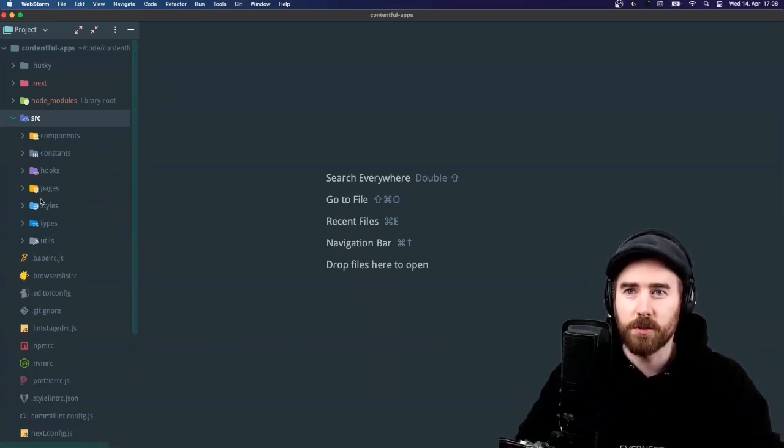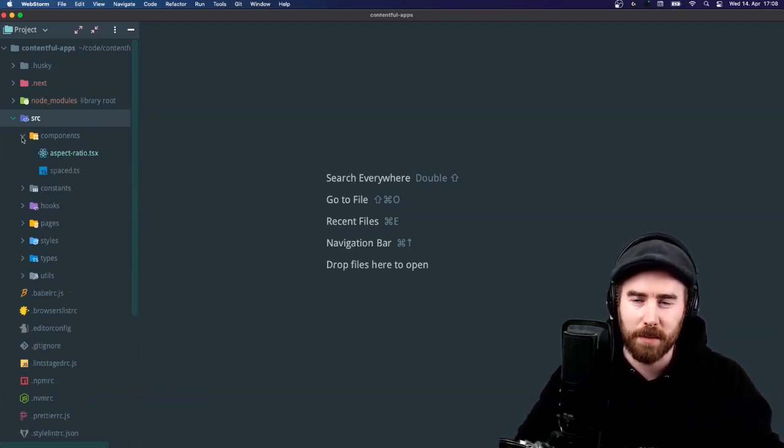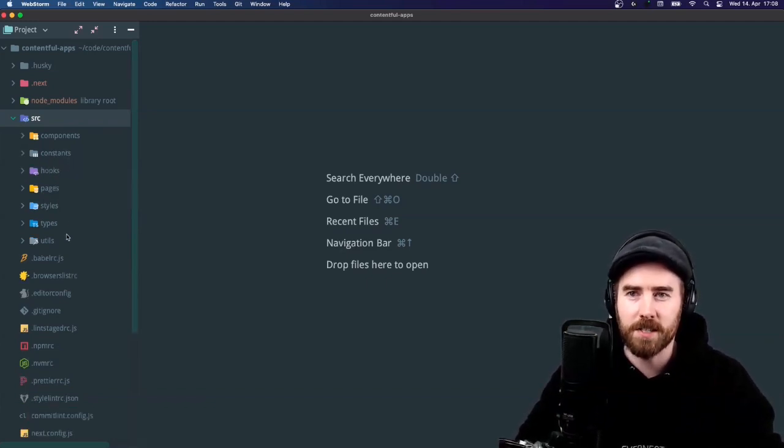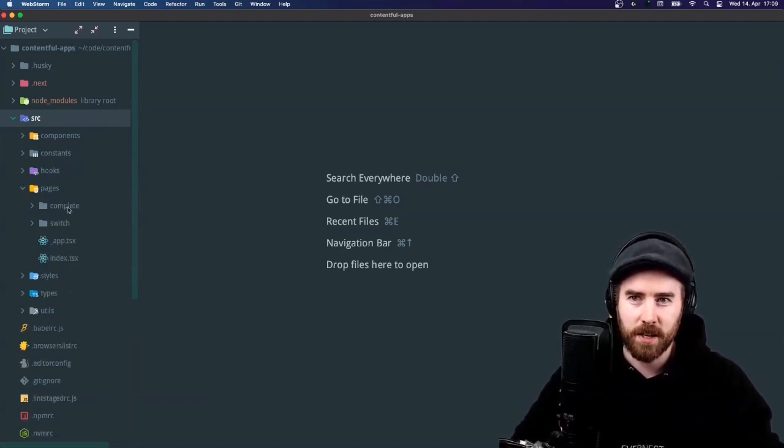So just looking through the different components in our different folders in our source folder here. The first one obviously is components. I think something a lot of us are already familiar with, different components we can reuse across the application. Nothing new there. Again, constants, React hooks we're going to be using throughout the application. And pages is kind of the section I want to highlight here, which is what makes Next.js really advantageous for us to push out Contentful applications, because basically every page in here is its own component and can be its own application in Contentful. So that just makes it really easy to deploy whole sets of applications up at once,